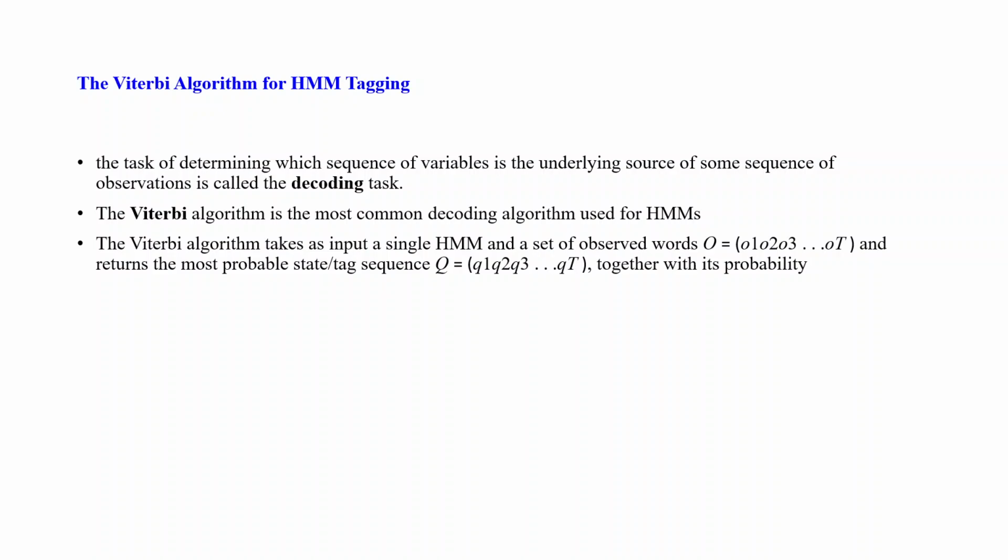Okay, so now we know what a hidden Markov model is, right? So next, what we are going to look at is how can a hidden Markov model be used for POS tagging? Here the assumption is we have a hidden Markov model where the states are the tags, the observations are the words in the sentence, and the transition probabilities as well as emission probabilities of the hidden Markov model are already obtained from a corpus or a training dataset.